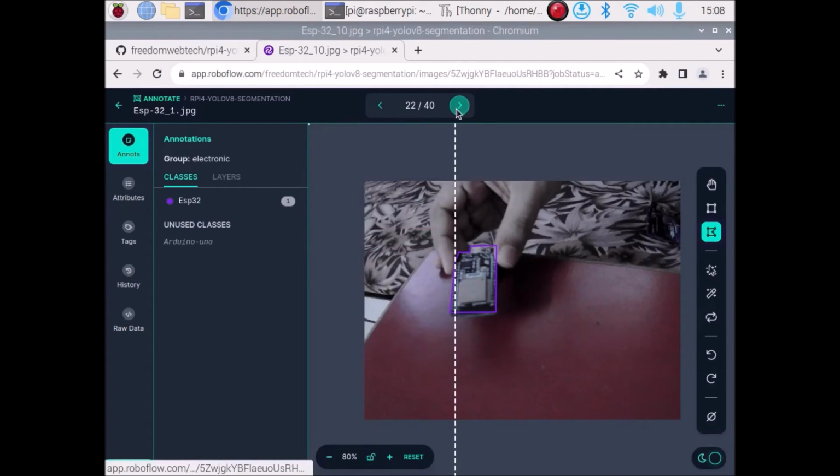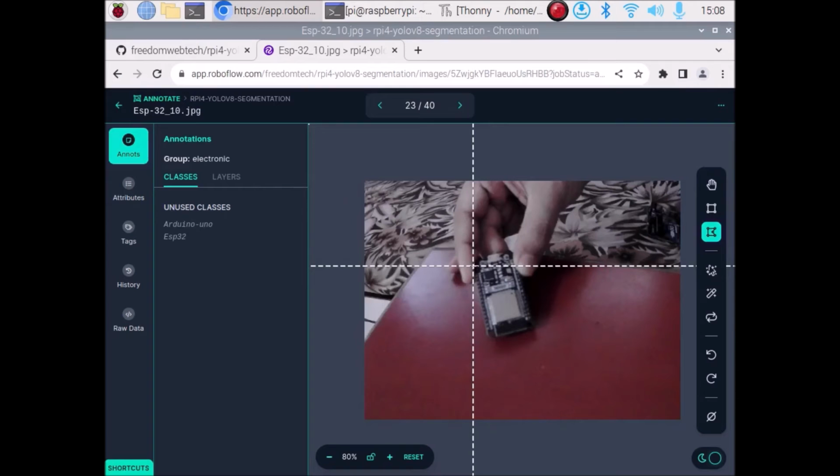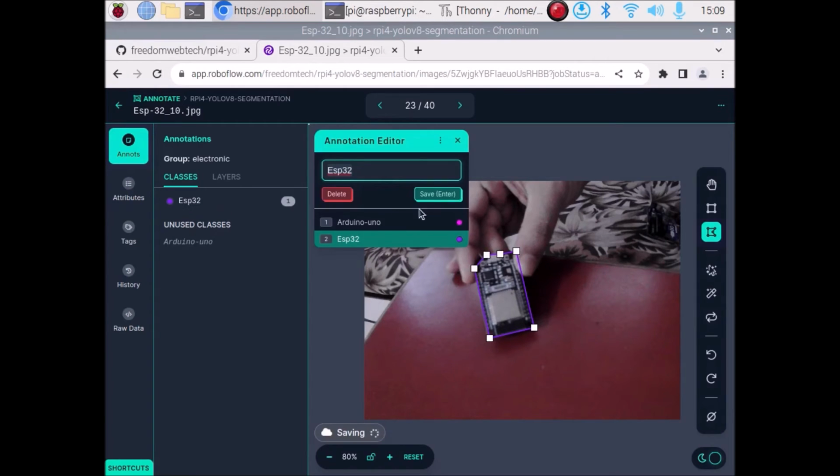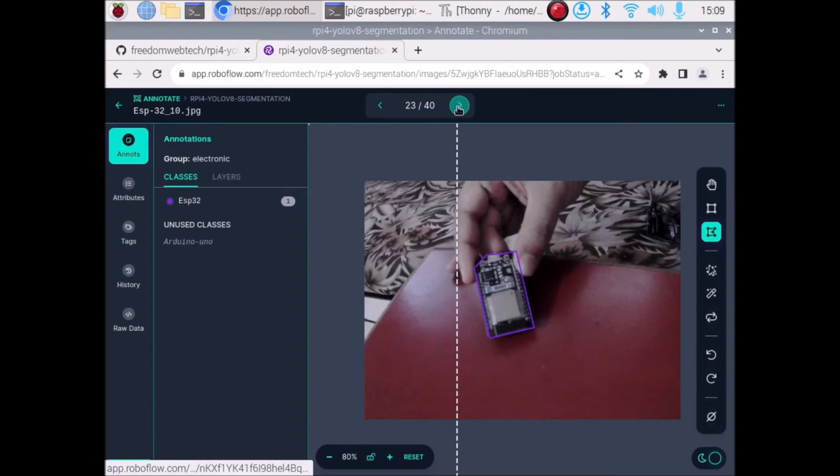Next image. Okay, so just left click, as you can see no line. So as I mentioned, no worry, just left click again, it will draw the line. Okay, for here left click, again go up. So we complete the line. Now again we need to go with a new line, so just left click, then here, okay, then here, then just touch it. Okay, then ESP32 class. Next image,